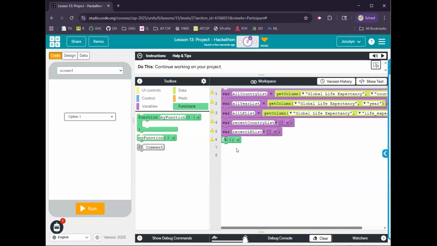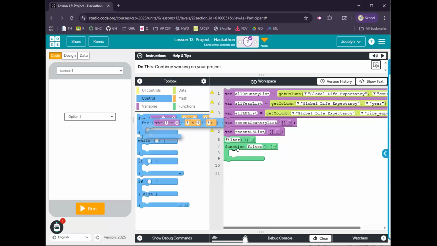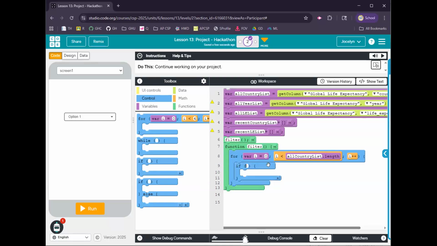And so let me create a function called filter where I only want the most recent data. So filter. So I'm going to traverse the list, which is something you need to demonstrate: going through a list and looking at each element and making a decision. So I'm going to do it off the all country list length. And if at the index we're looking at, if that year, so if the all year list at the index we're looking at is equal to 2015,